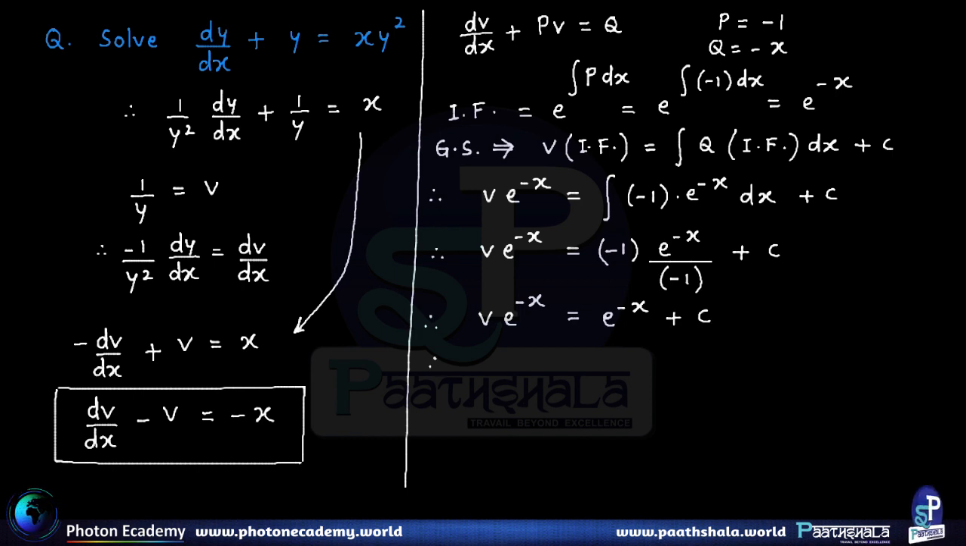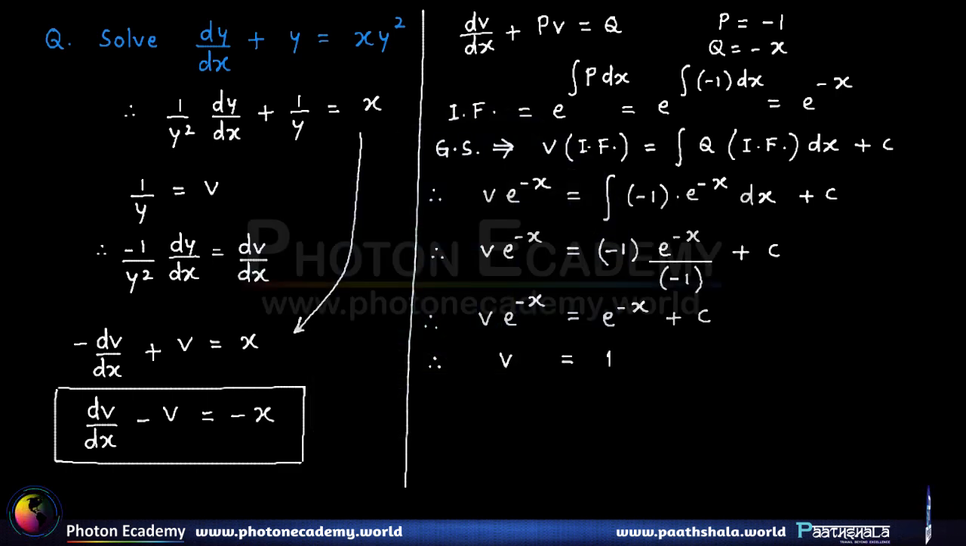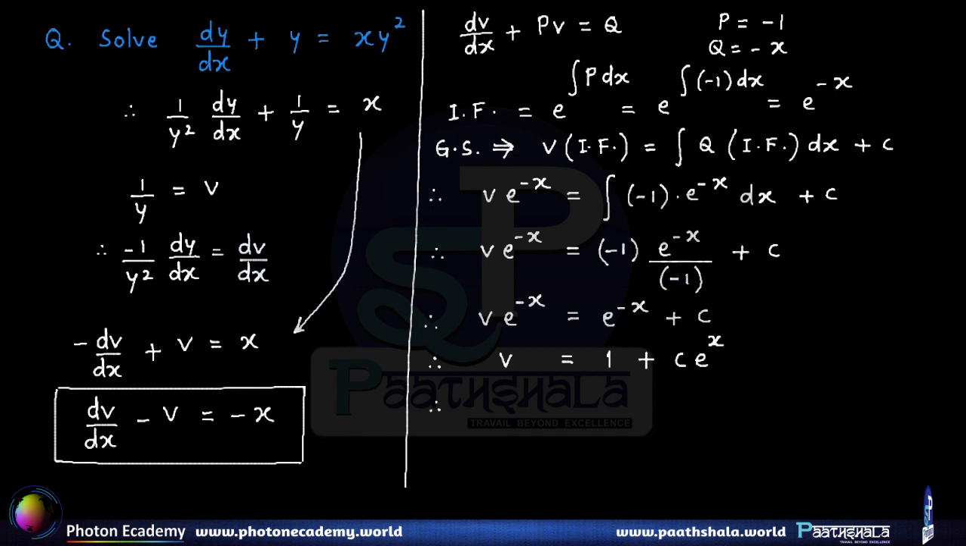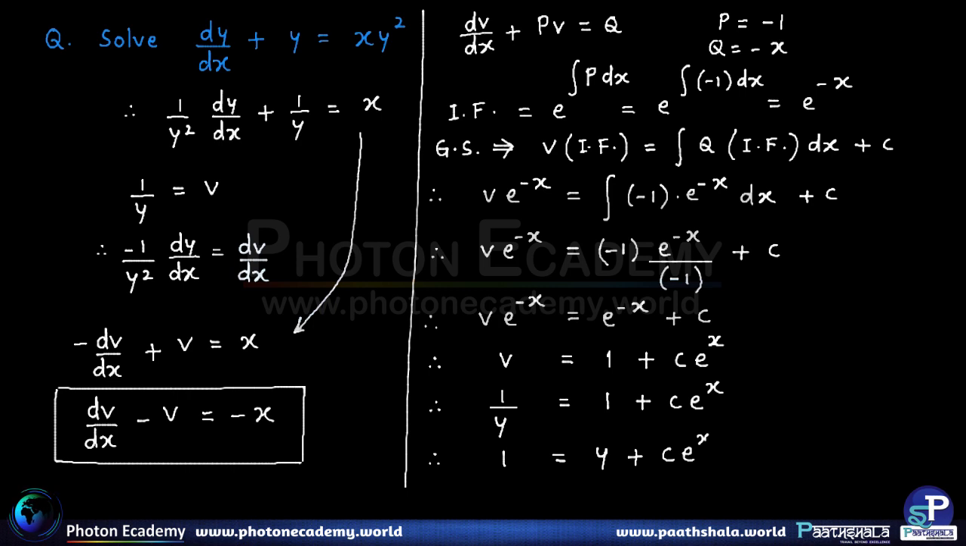Let us multiply throughout by e raised to x, so that we get v is equal to 1 plus c e raised to x, correct? So finally, by replacing v with 1 upon y, we have 1 upon y equal to 1 plus c e raised to x, or we can write 1 is equal to y plus c e raised to x times y. So you can call this the general